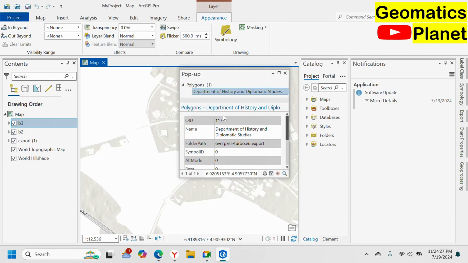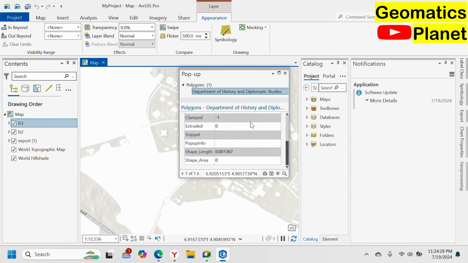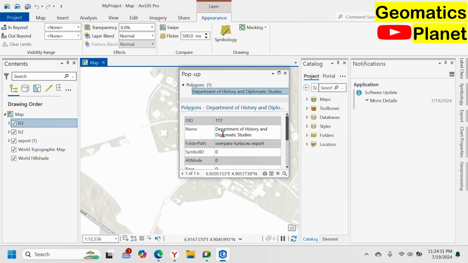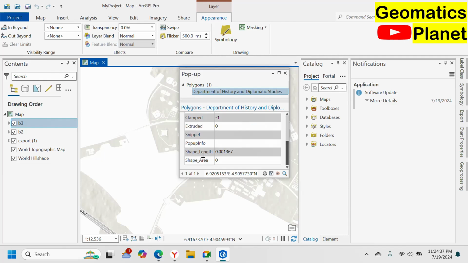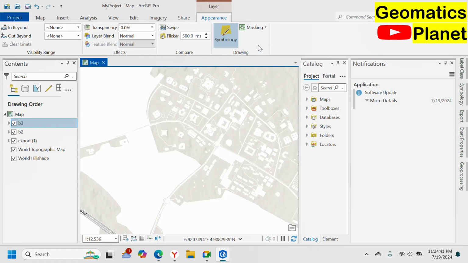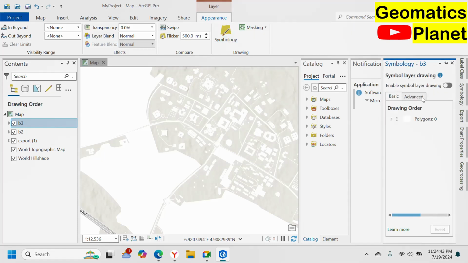So you can see I click on one of the buildings here. You see the shapefile information, Department of History and Diplomatic Studies. The folder part is in Overpass, and the rest of the other stories, because I clicked on it and that shows me that. So this is exactly what you are going to do, and why I'm showing you this is that